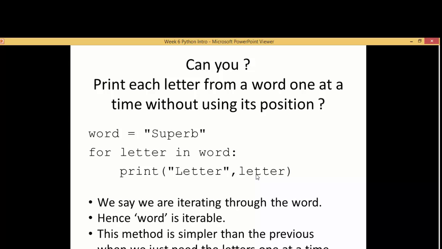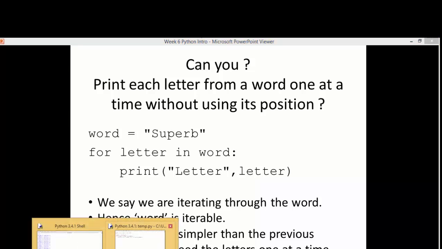And again, we say here we're iterating through the word, and we say that word, i.e. a string variable, is iterable. That means we can go through it one letter at a time. And obviously you can see the syntax there is easier than the previous version, because I've not had to calculate the length of the word, and I've not had to include this extra variable index to worry about where I am. So just to see that one in action,